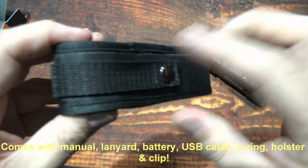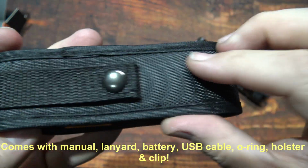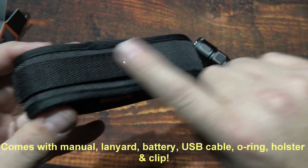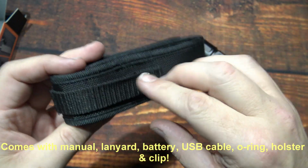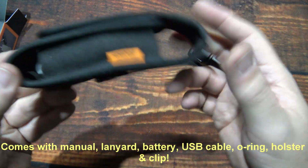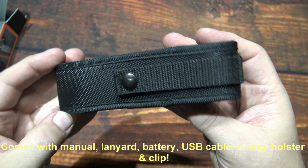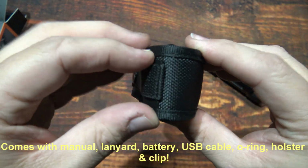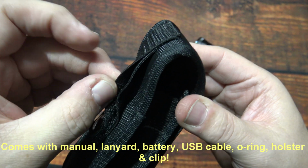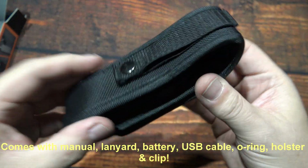I'm not a huge fan of these being so thin here. I think it would have been ideal to put it down here, a little more balanced, rather than at the top. I mean, for casual carry storage of the light, it should be fine. As far as a duty belt holster, it is dual material, but